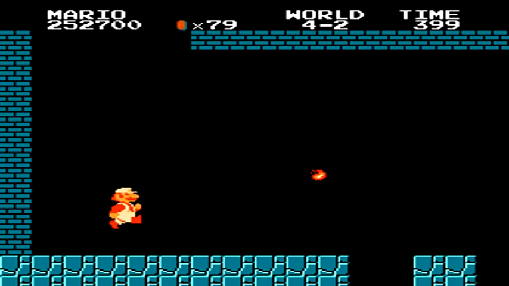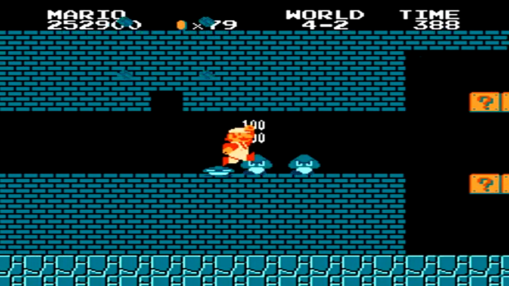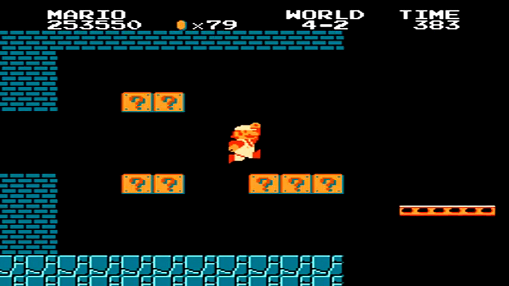At the beginning of 4-2, you have a really long jump to make with some small platforms, so be very careful when making it across there. When you make it across this gap, however,